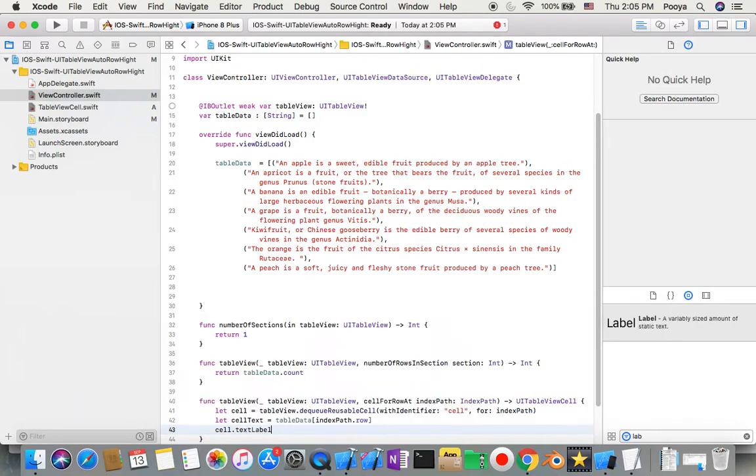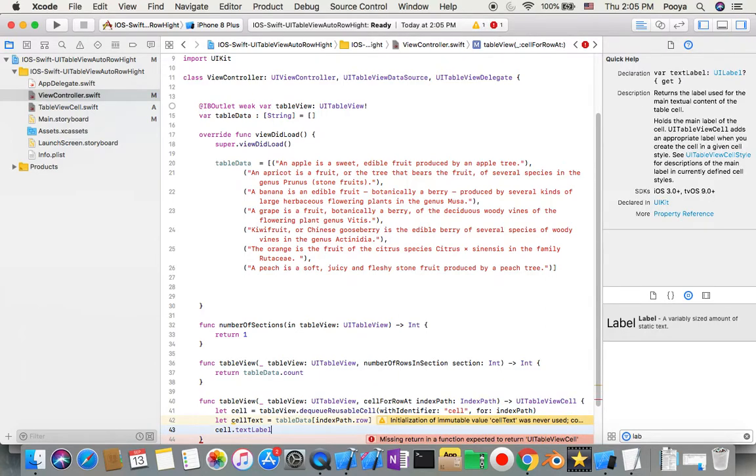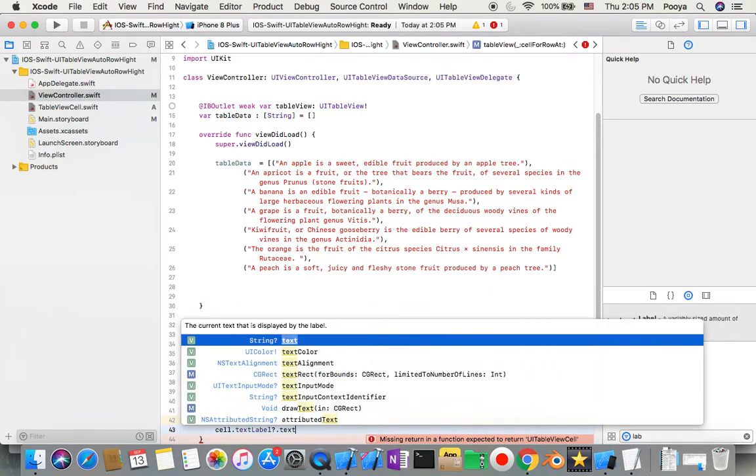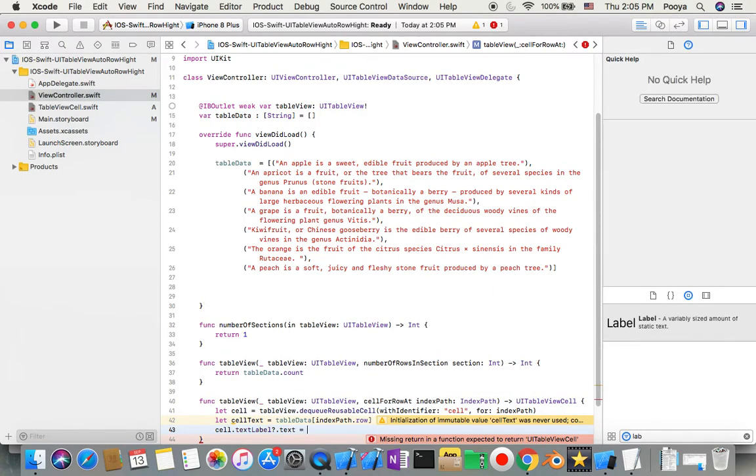I think textLabel, I'm gonna find it out. Okay, so textLabel dot text equal cellText,